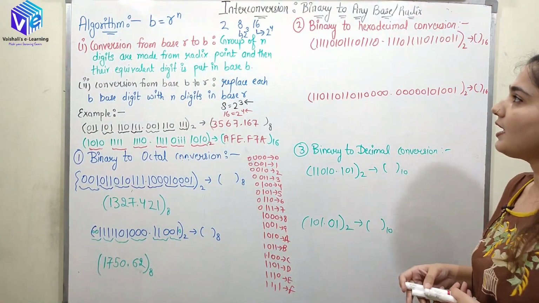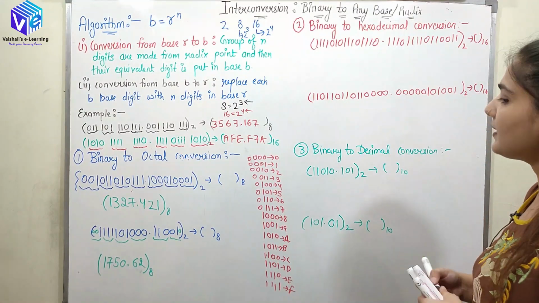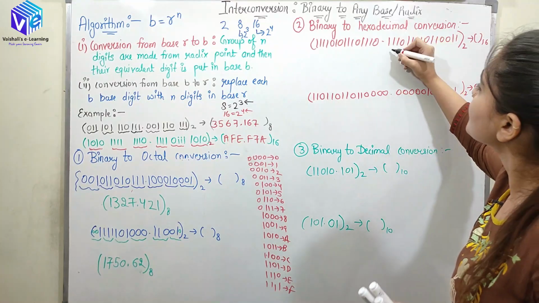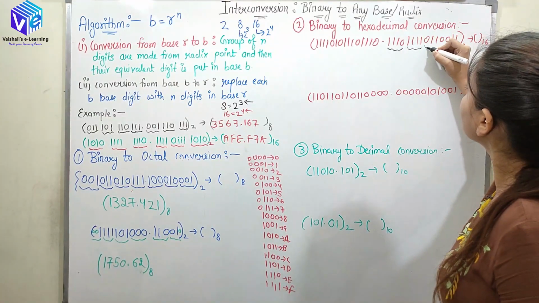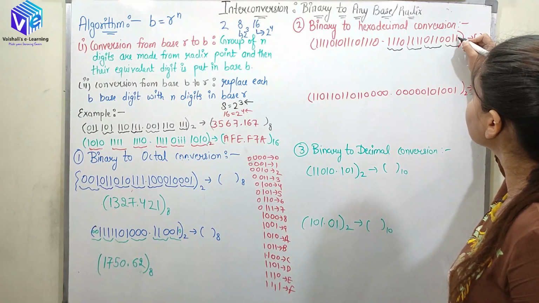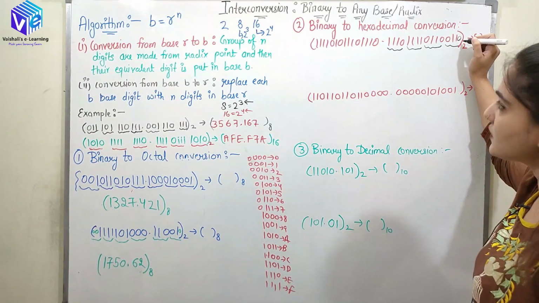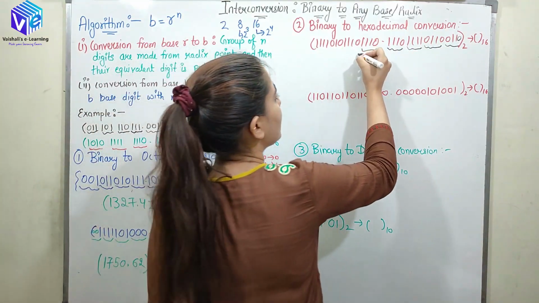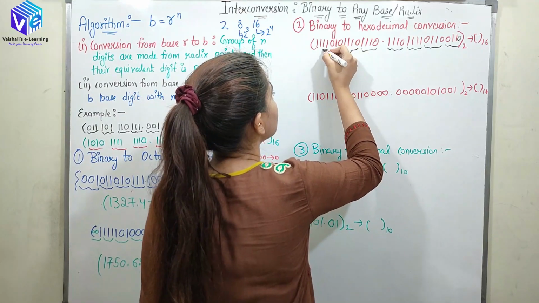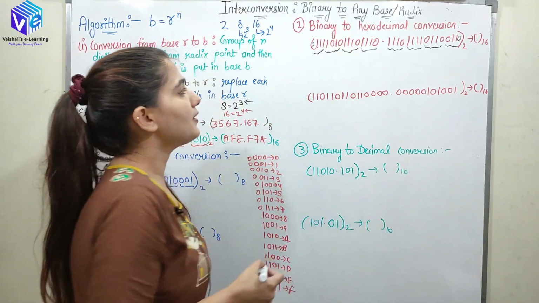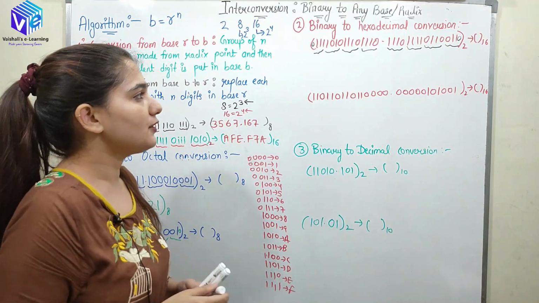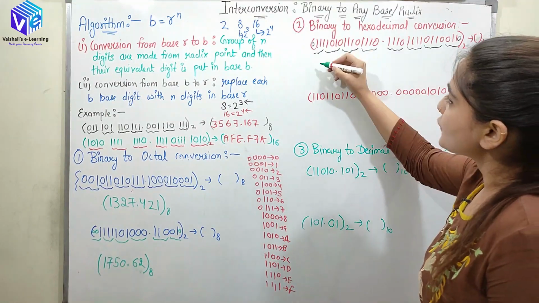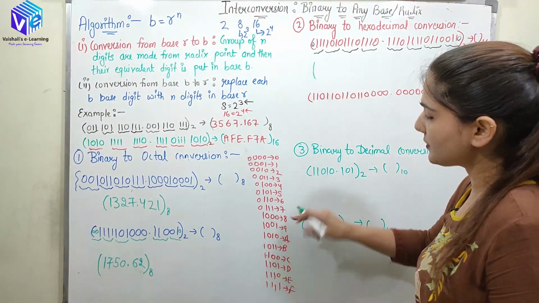This was very simple. Now coming to the binary to hexadecimal, I am going to follow the same procedure. Now I have to make the grouping of 4. So here you can see I am making the grouping of 4, and here I am not having the sufficient digits, so I will be adding a suffix of 0. And here also in the left of the radix point I will be making the grouping of 4. So here you can see I have not a sufficient number, so I will be prefixing 0. So now let's see the chart and replace all of the grouping with the equivalent digits. So now 0, 1, 1, 1 represents 7.